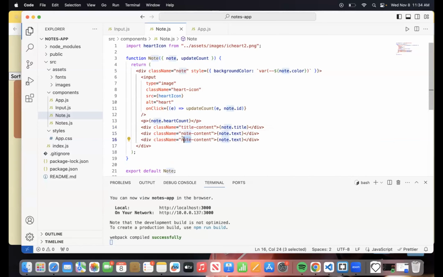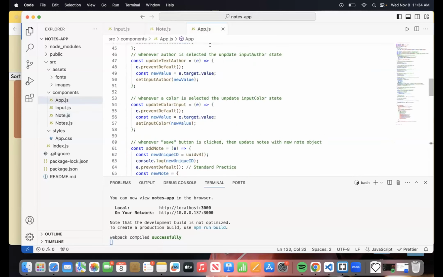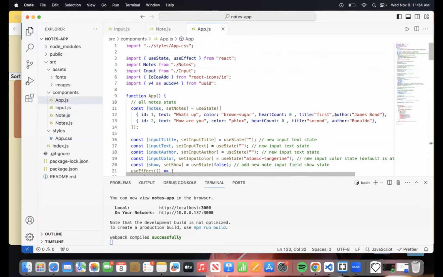I'm going to change this to author. And so what should the value be that I'm passing? Will it be node.text or something else? No. I already did the one for title. Now I'm doing author, right? So if you see over here, I'm essentially calling this.